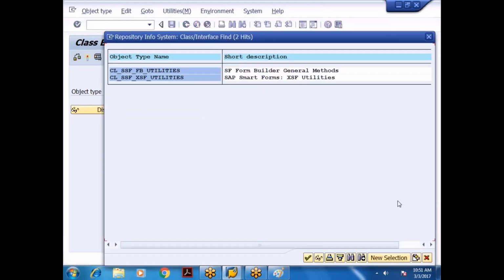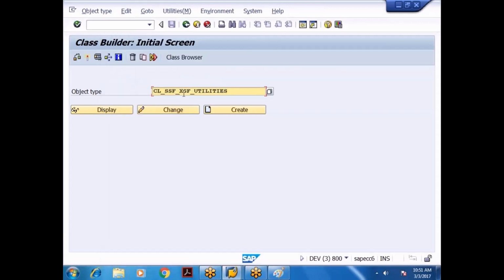Yeah, what is this here? We have a class CL_SSF_XSF_ what? Utilities. Is it clear? Done.